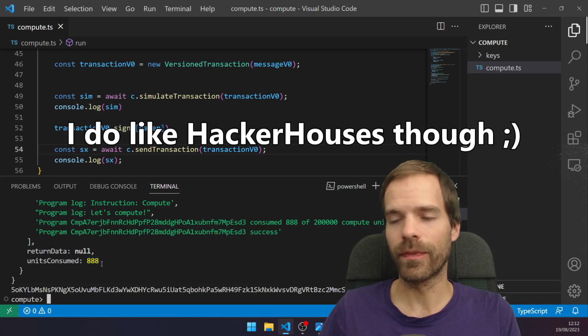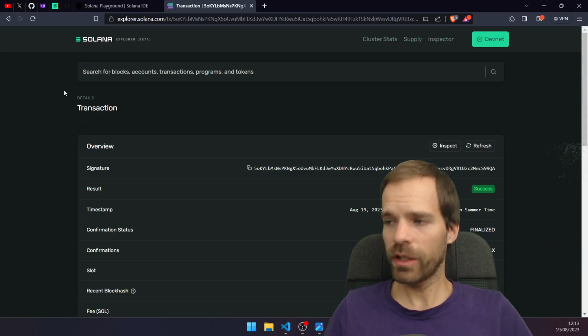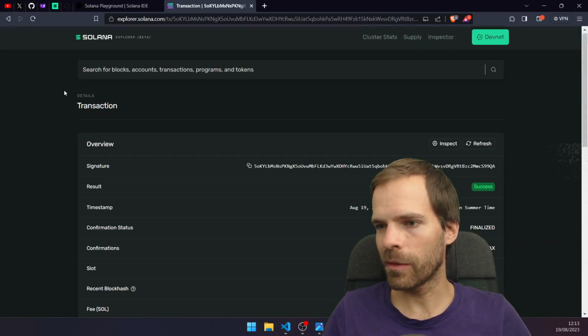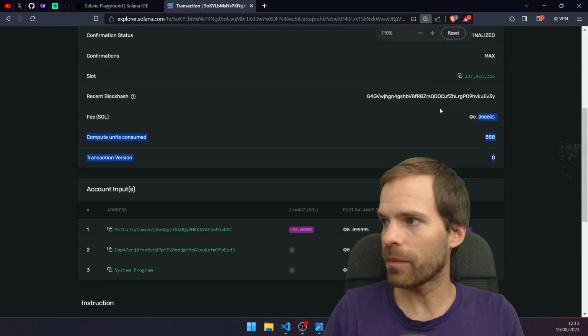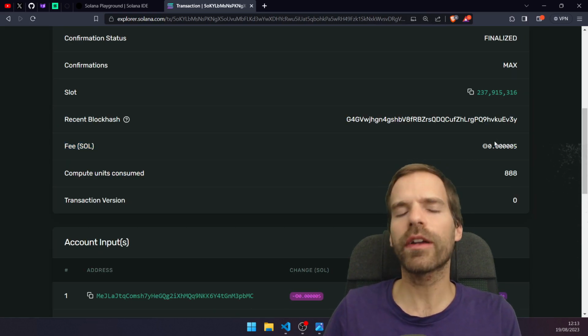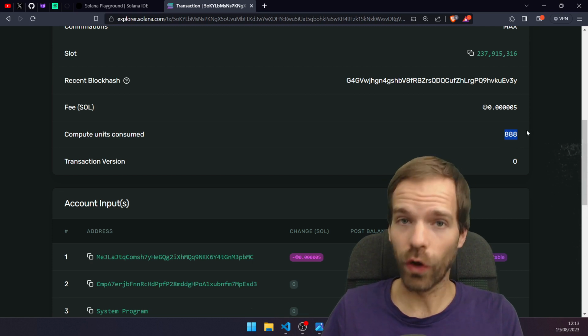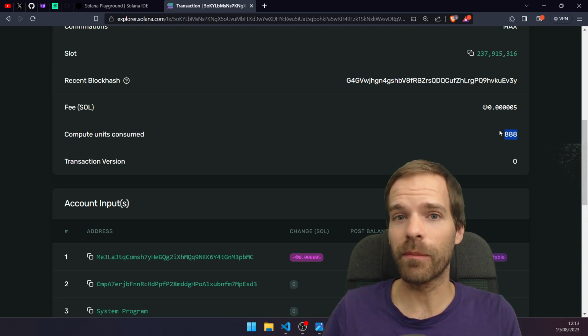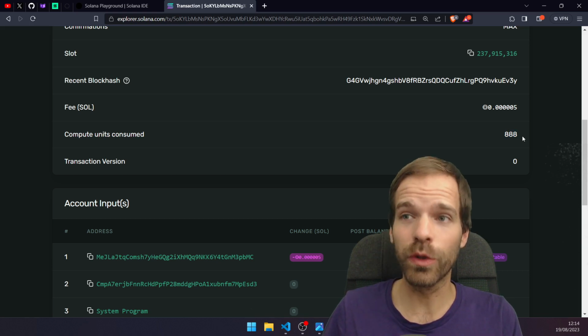That's then good. Yeah, so we can also have a look at that on the Explorer. We're not going to see much more here than in our simulation, but a little bit. So, for instance, we see that the fee... Again, I'm going to make this a bit bigger for you. The fee was 5,000 lamports. That's the base fee. We're going to come back to that when we talk about priority fees. And compute units consumed 888, which is not a lot. That just comes from some anchor checks that are being made because, you know, checking which instruction to call and stuff. But less than 1,000 compute units